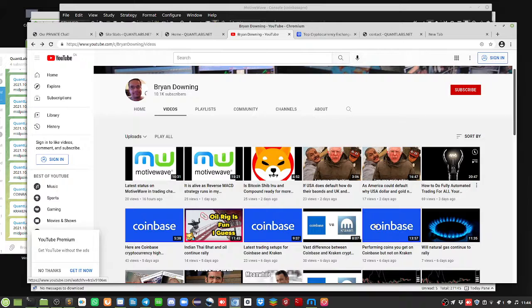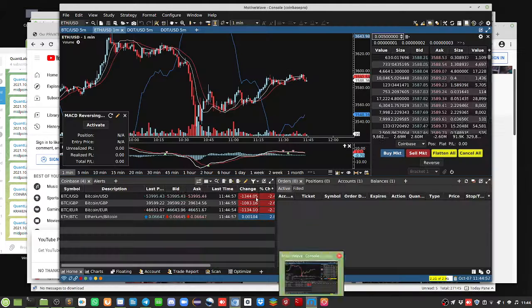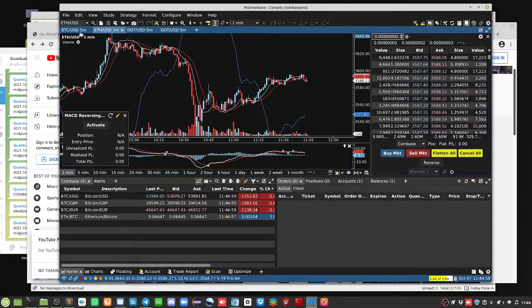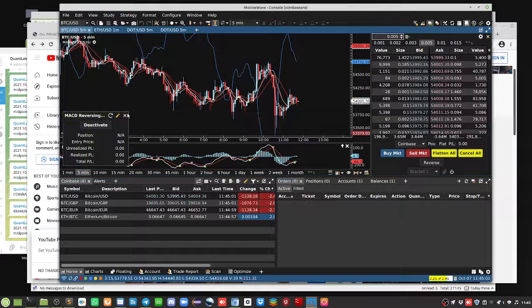just looking at the charts here on MotiveWave, Bitcoin as an example, you can see that's running now, the MACD. Plus, I could give you the source code. That's why it's getting more expensive. As I give more source code, that's my time being given to you, which has to be justifiable